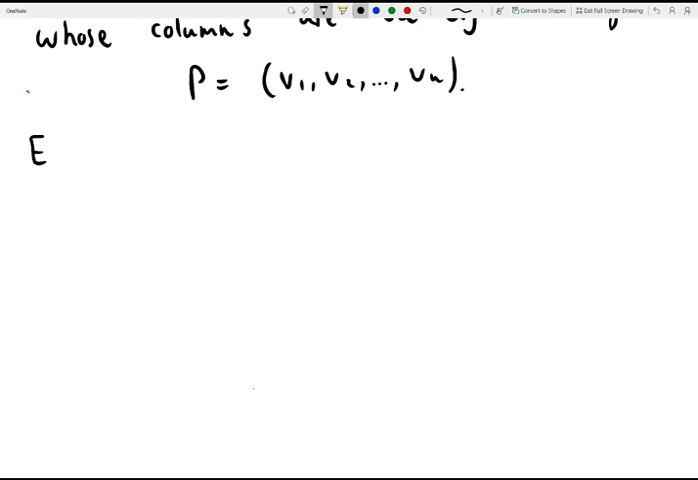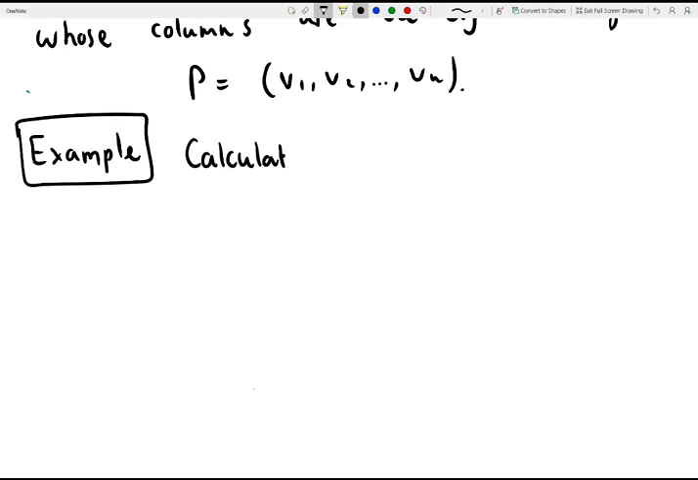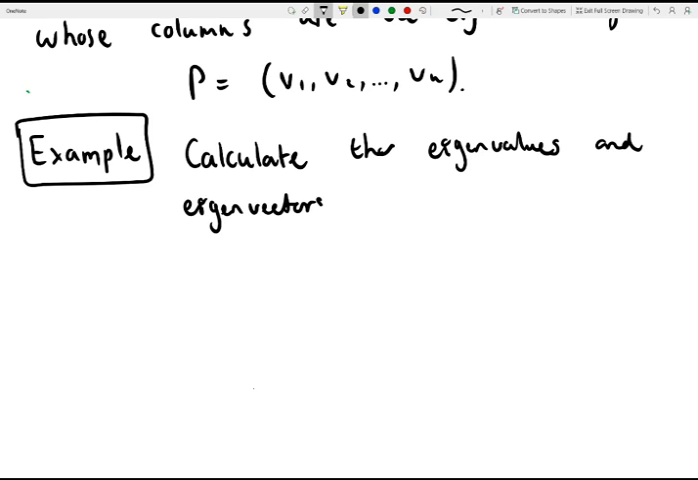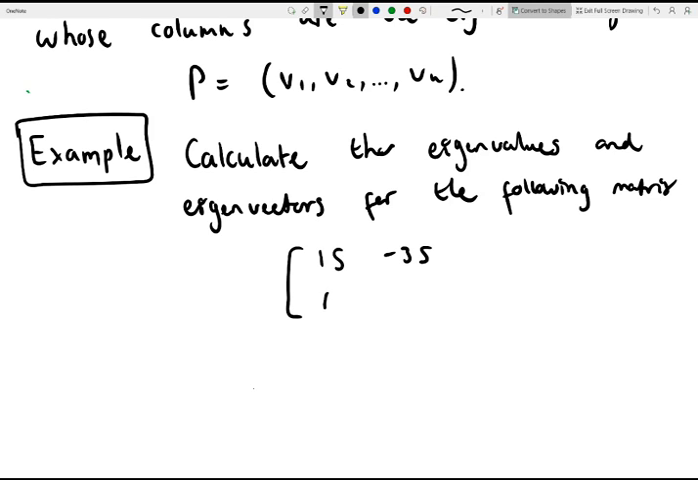So let's look at an example of this. Example: calculate the eigenvalues and eigenvectors for the following matrix, (15, minus 35; 6, minus 14). So our solution